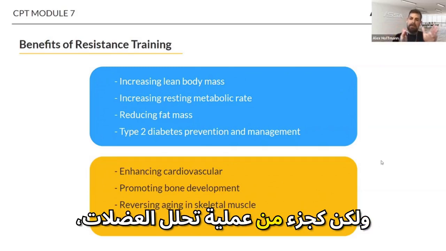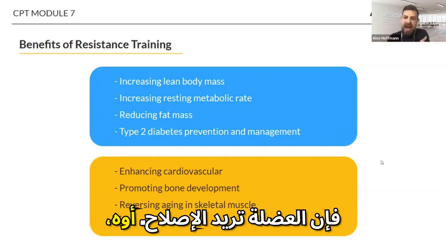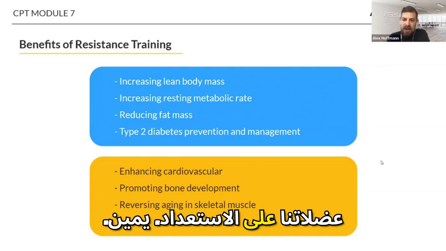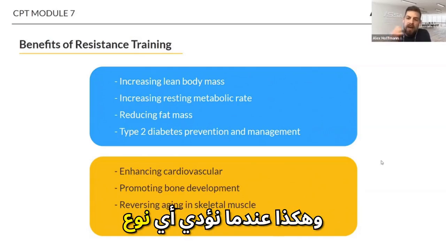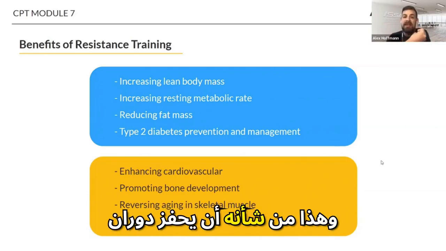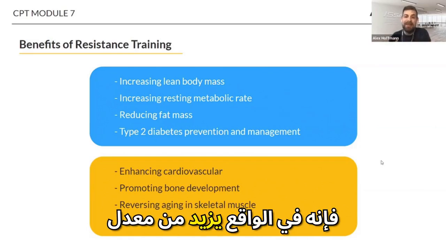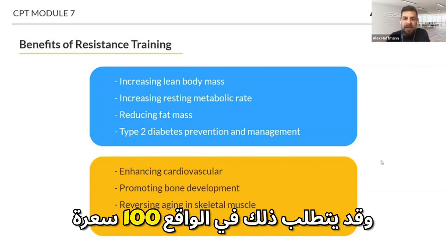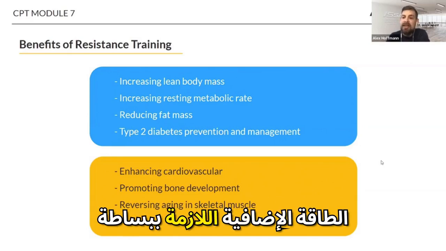But as part of that muscle breakdown process, the muscle wants to repair. And we know that protein is the macronutrient that helps our muscles repair. So when we perform any sort of resistance training, we're breaking down muscle tissue, and that's going to stimulate protein turnover. And when that happens, that actually increases our metabolic rate. That could actually require an additional 100 calories or more per day